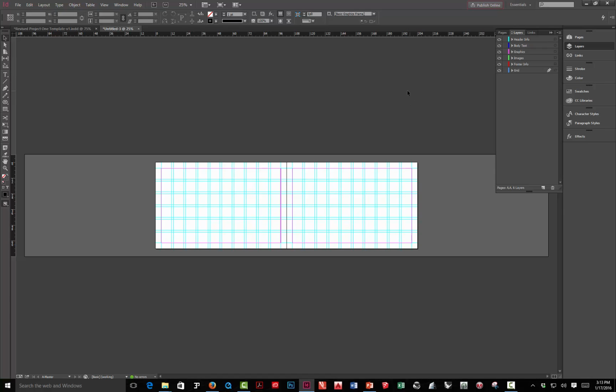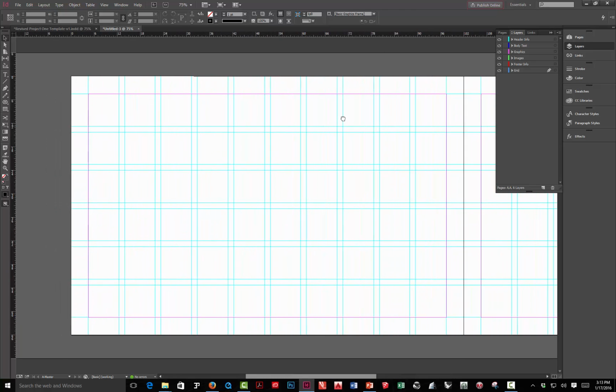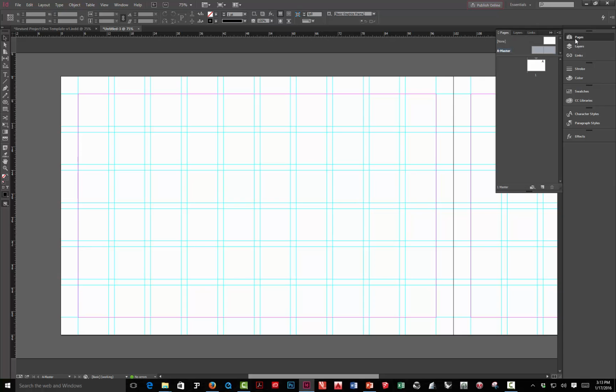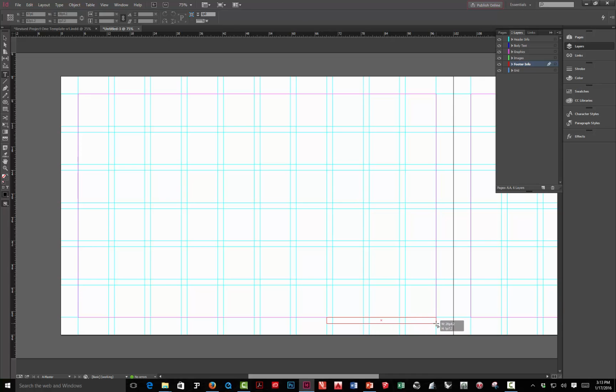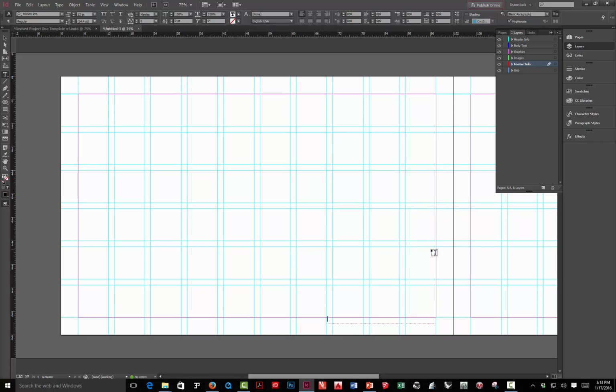Okay, so we've got the grid set up now, and I'm going to zoom in on one of the pages here. Start with the left one. Again, I'm still in my master pages, which is what I want, and now I am going to go to footer info, and I'm going to create a text field. So I'm just going to click on the text tool. I don't really know where this is going to go for now, so I'm just going to click and drag from there to there. And I'm going to type some information. So I'm going to type my name, a few spaces, a vertical bar, which is the shift key and the backslash, a few spaces, and landscape architecture, 112. Space, space, space, shift backslash, 3 spaces, spring